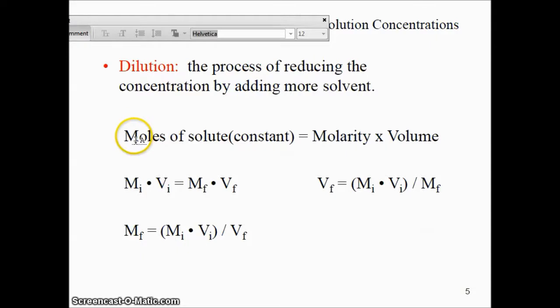And that's what I say here, that moles of solute are constant, and so the initial molarity times the initial volume should be equivalent to the final molarity times the final volume. And if some of these are given and the others are not, provided the other three variables are known, you can find out the